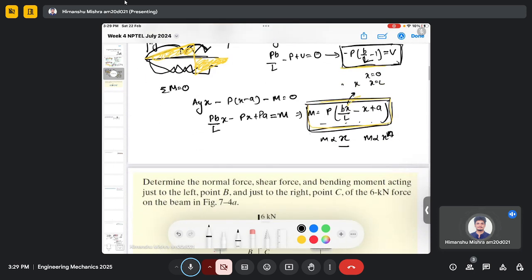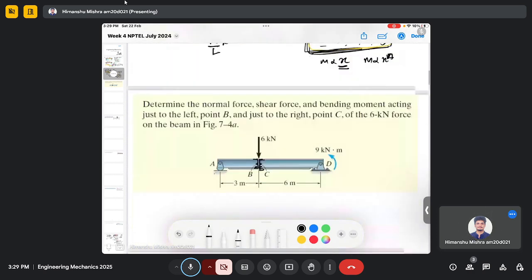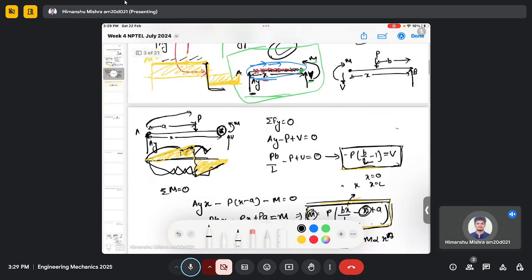Once it experiences the point force, the bending moment changes, but this change is also linear, it just changes in magnitude. So there will be a discontinuity as well, but after that again the change will be linear, because the bending moment again depends on x,